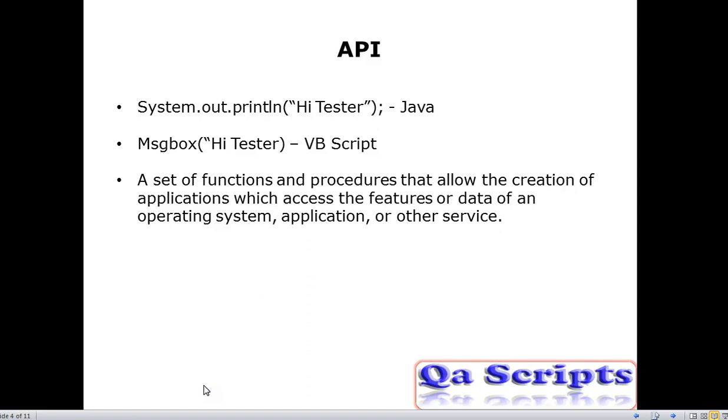These sets of libraries, procedures or functions are already built by someone, that is, the program developer.